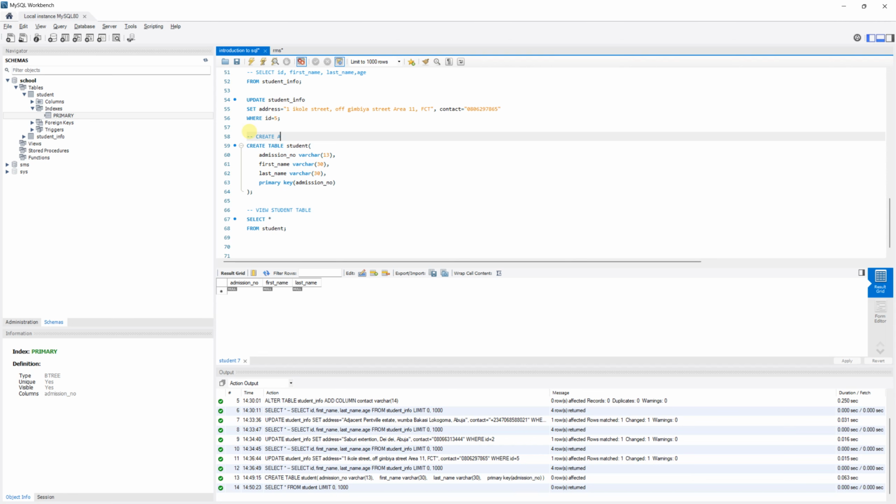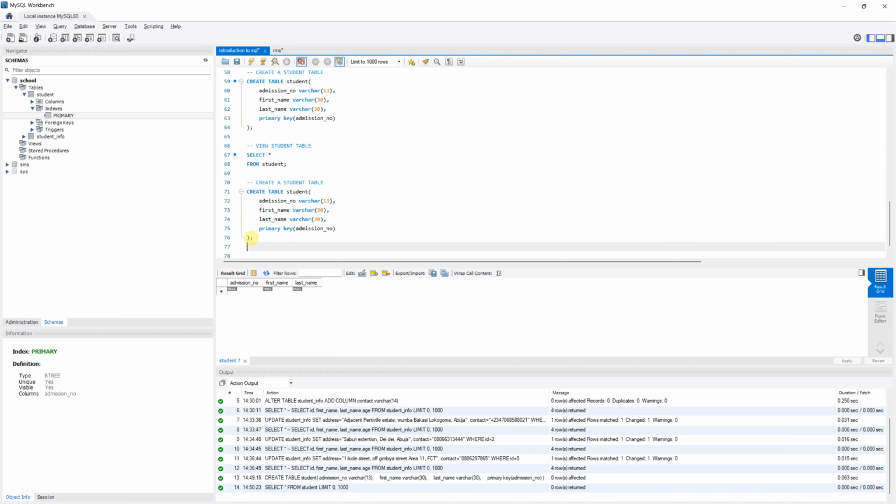I can say create a student table. Now I'm going to just copy because it's the same syntax. I'll copy, Control V. We want to create a course table, right? Now when we are done with creating, before we create our course table,